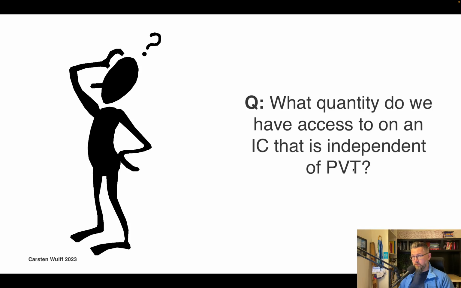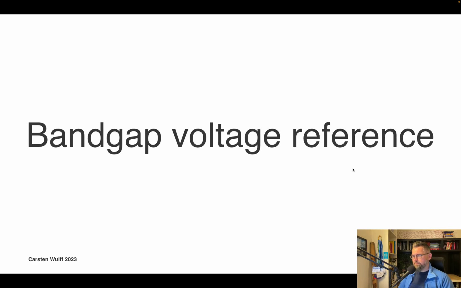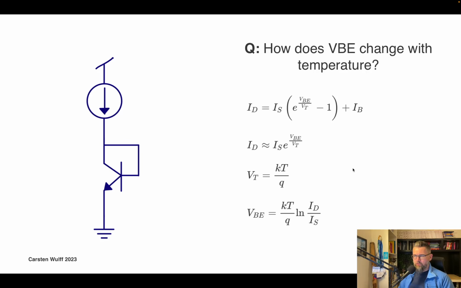Now I'm going to talk about one today, but think a bit more about this. Can you think of something? But quite often you end up talking about something called a band gap voltage reference. So this is a circuit that somehow is related to the band gap of silicon. And when we talk about band gaps of silicon, we're talking about semiconductors and p-n junctions, or indeed